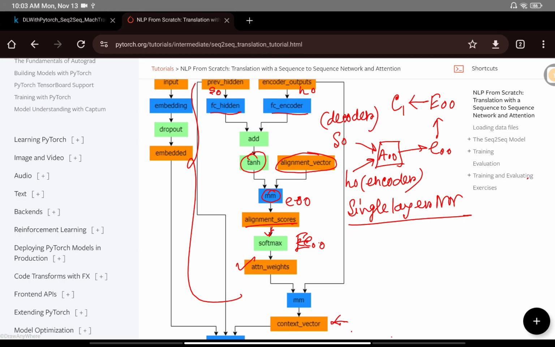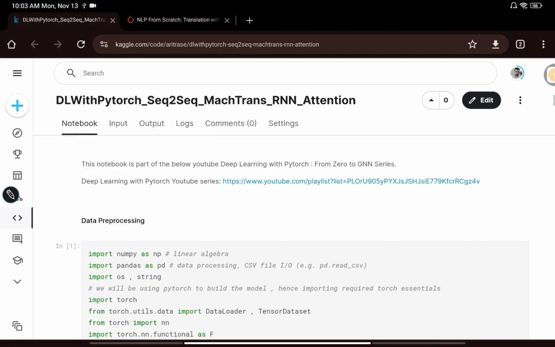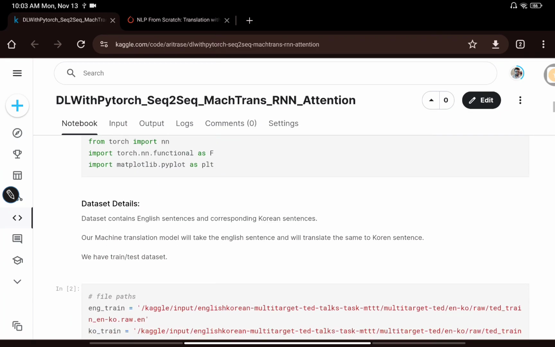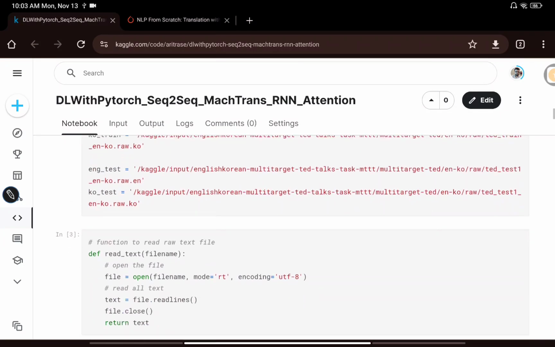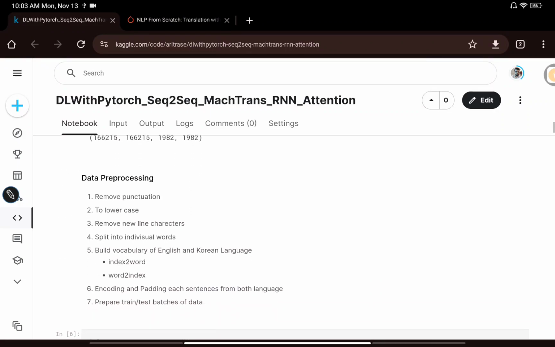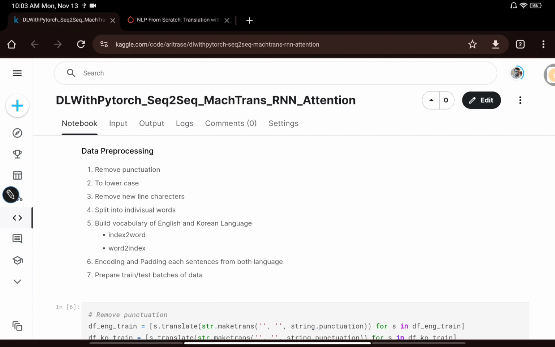Now let's go back to the code and see how the code is actually working. Same dataset and the same coding structure, so I will skip this part where we are at first importing the libraries, then mentioning the file paths, then reading the files, and doing certain pre-processing like removing punctuation, converting the text to lowercase, removing the newline characters, then splitting individual words into tokens, and also getting two dictionaries, index to word and word to index, for English